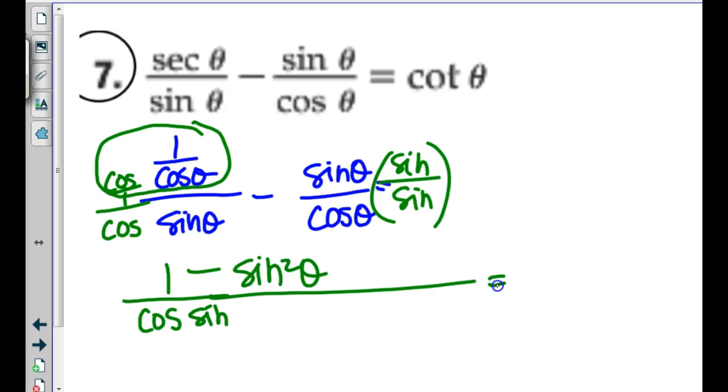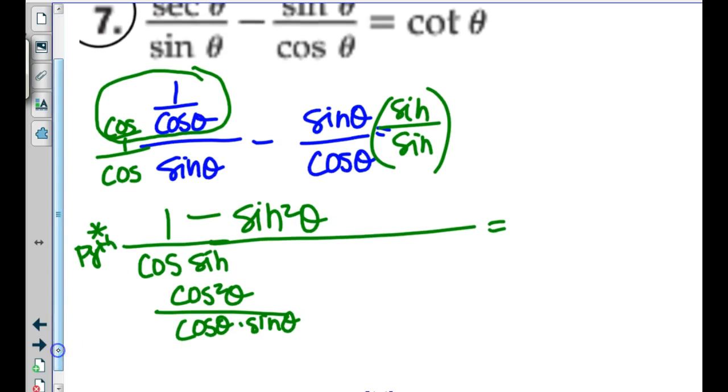Okay, now what? 1 minus a sine squared is a Pythagorean identity. It's a cosine squared. And our denominator had a cosine and a sine. What do you mean take it out? Okay, so cosine squared means cosine times cosine, and you wouldn't have to write it that way necessarily. I'm just trying to make sure that you realize there's still one of them left, right? Which is